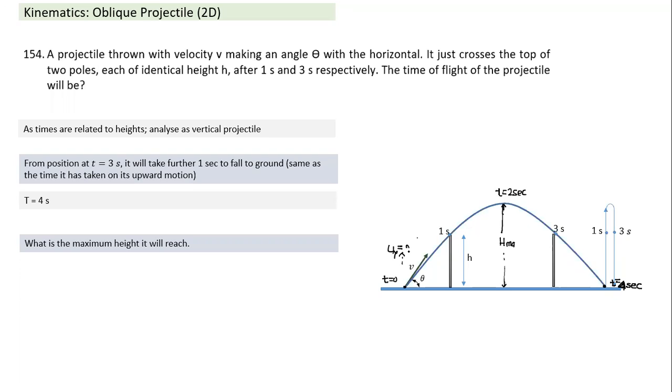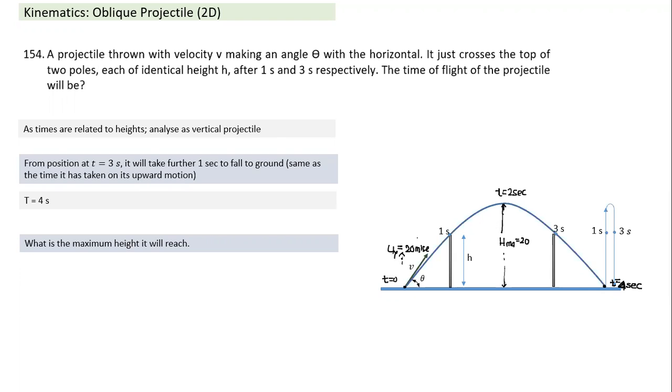This has to be 20 meters per second. So the vertical component of velocity has to be 20. If the vertical component of velocity is 20, what is the maximum height it will rise? Once we have the time of ascent, we can find uy or we can find the maximum height. So the average speed is 10, and 10 into 2 is 20. So this height will be equal to 20 meters. And we can also answer what is the height of the pole. Once we have this, the height of the pole also can be given.